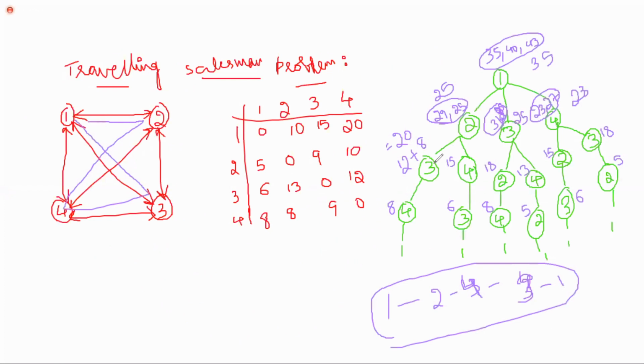Okay, from 3, what are the possibilities? 4 and 2. Here if you observe, 3 is 2 times. 2 times you can see. What are the possibilities? 4, 2. 4 also 2 times you can see. What are the possibilities? 3 and 2. 2 also you can see 2 times. What are the possibilities? 4, 2. Which means up to this point we have completed. Is anybody having doubt up to this point?